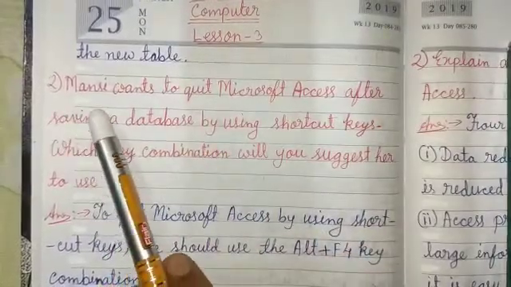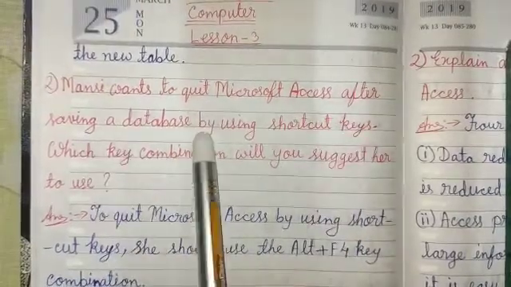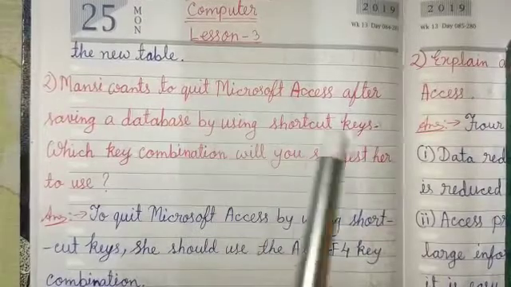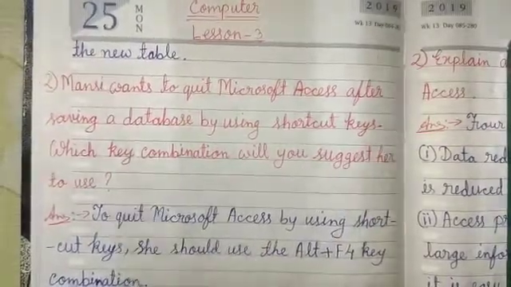Next question. Mansi wants to quit Microsoft Access after saving a database by using shortcut keys. Which key combination will you suggest her to use?